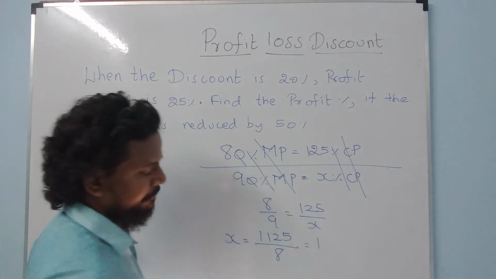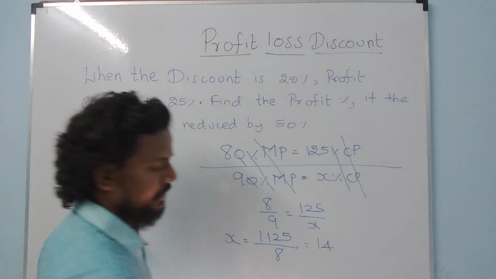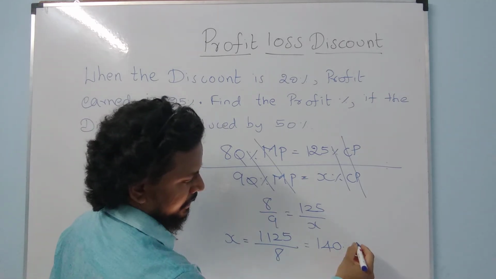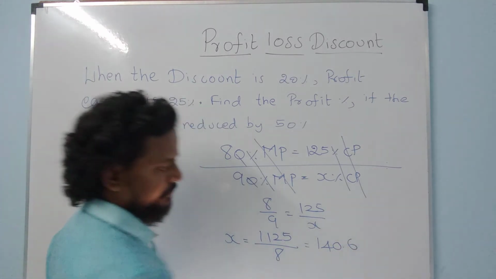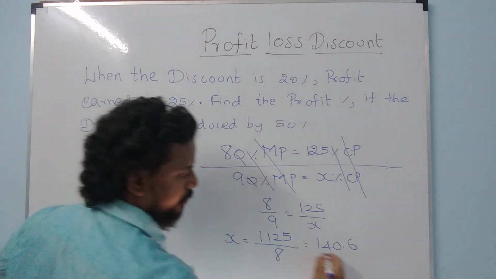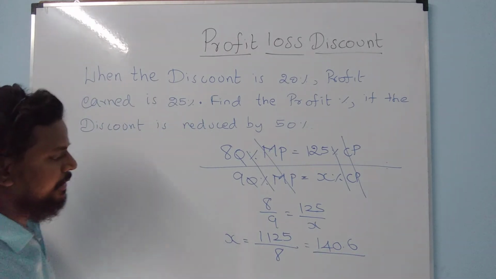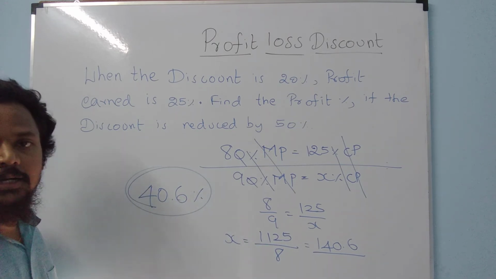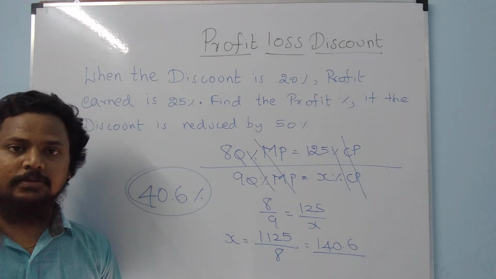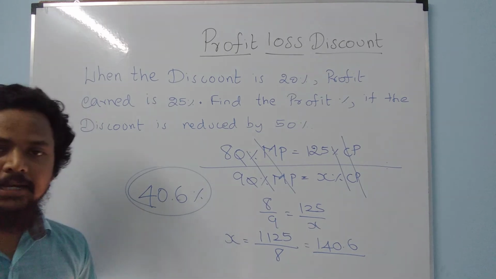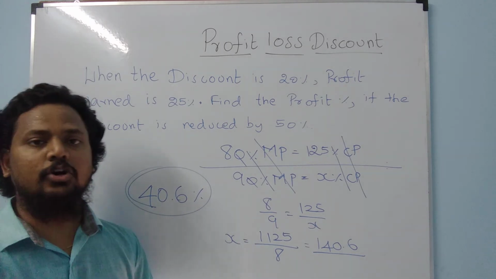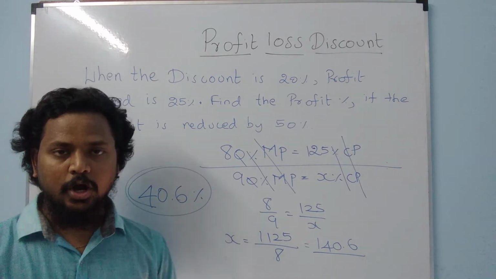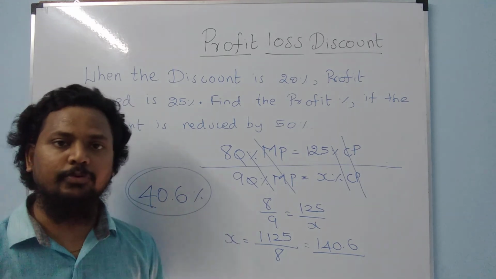So, in 11 one time, in 32 4 times, in 5 no times, so point, in 50 approximately 6 times. So I get X is equal to 140.6. This means the actual profit is 40.6%. This is the profit in the second case. So this is how we have to handle discount with selling price and cost price problems. So these two parts of the video will completely tell you how to solve profit, loss, discount problems.